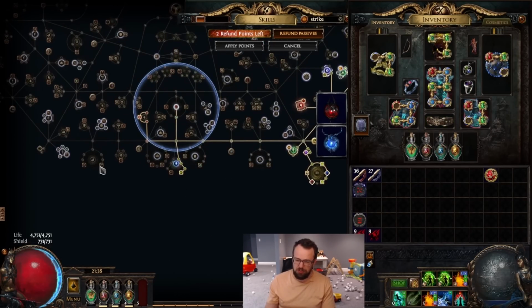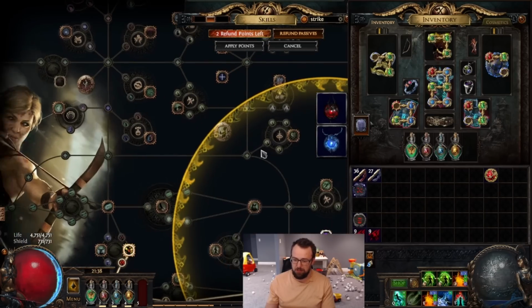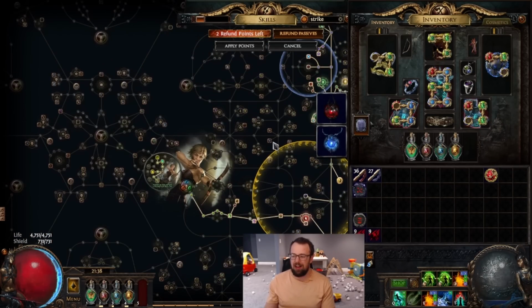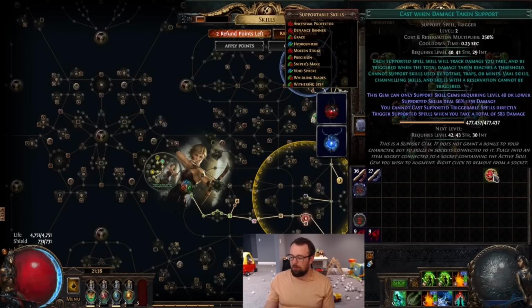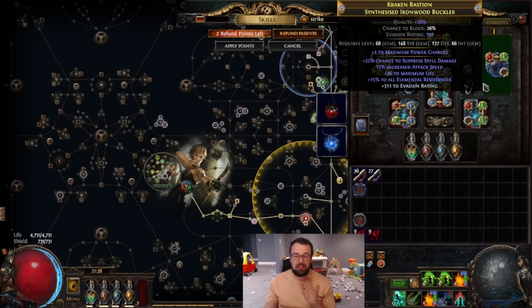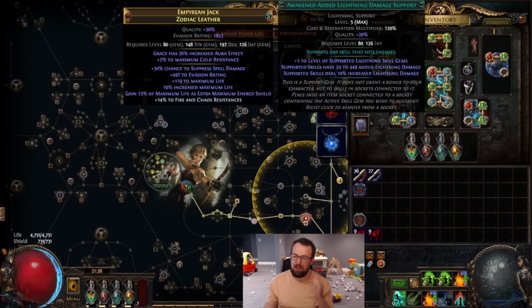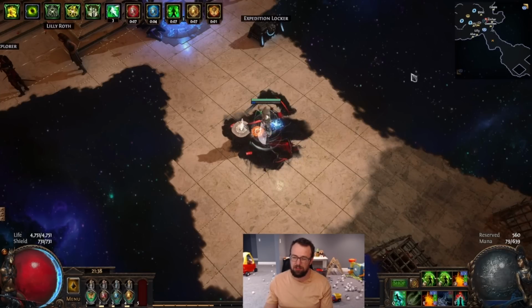I'm going to drop this portion of the tree most likely and pick up some other better stuff like Forces of Nature, like Revenge of the Hunted. There's going to be some quality of life upgrades I'm pretty excited about, and before we do that, though, I'll give you a quick showcase of what the character looks like. Currently, I'm a little bit bricked for clear because my gem colors I messed up when I tried to harvest recolor to get...